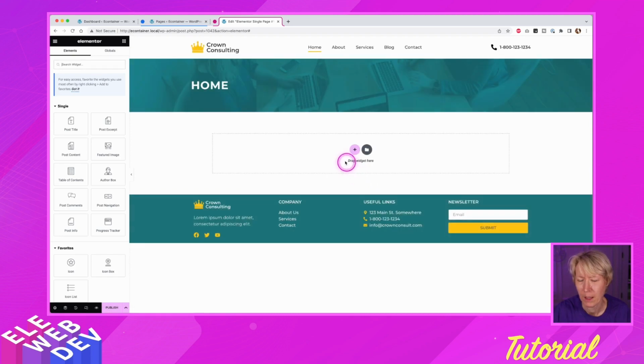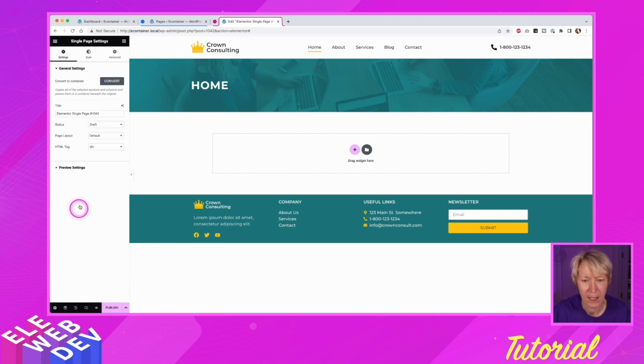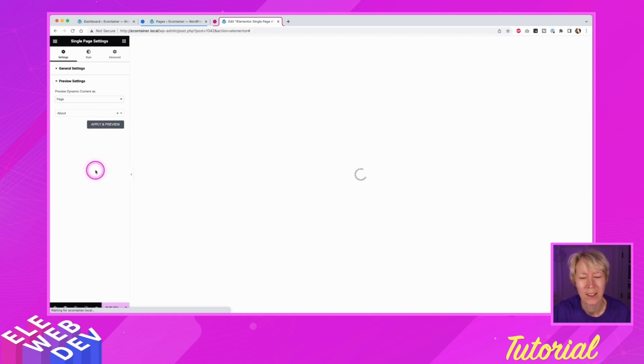All right. And it says Home. And I may not want Home to have this heading, and we're going to work on that. So in the meantime, I want some other header to show up. So if I come down here to the cogwheel in the lower left corner, the settings, and if I click that and I say Preview Settings, I can change Home to something else, like About. There's About, and so I'll click on that, and as soon as I hit Apply, it will automatically